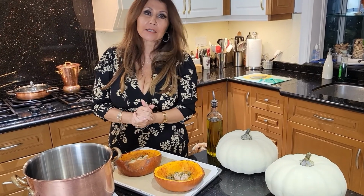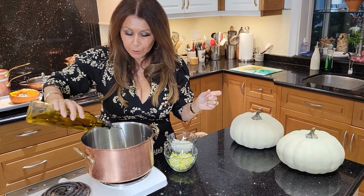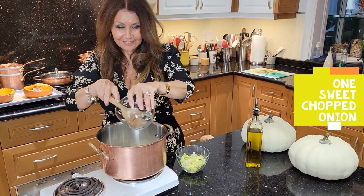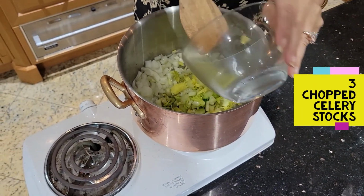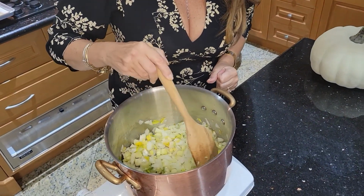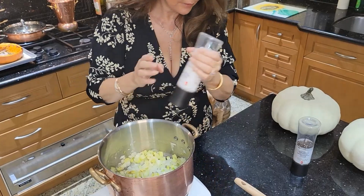I'm just going to let the pumpkin cool down a little bit, and I'm going to start now preparing my pumpkin soup. I'm going to put about 2 tablespoons of olive oil. I'm going to add 1 sweet chopped onion. Okay, now I'm going to add 3 chopped celery stalks. I'm going to let this saute for about 5 minutes before I start seasoning. Okay, I'm adding sea salt, black pepper,